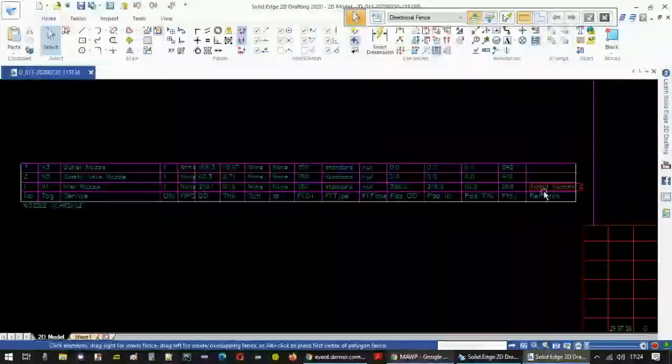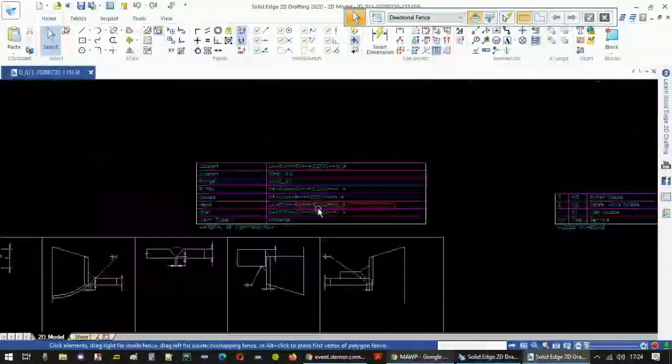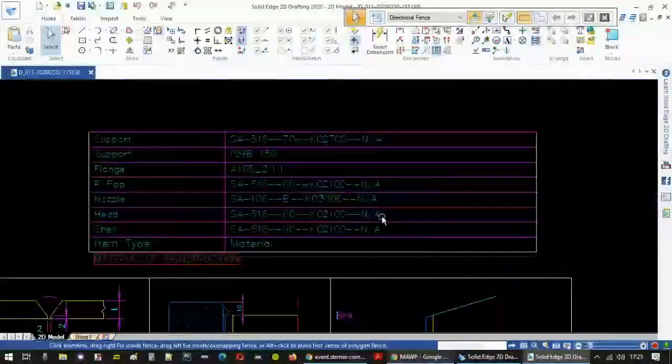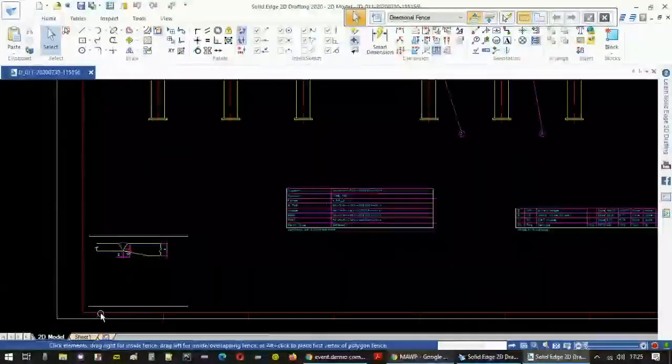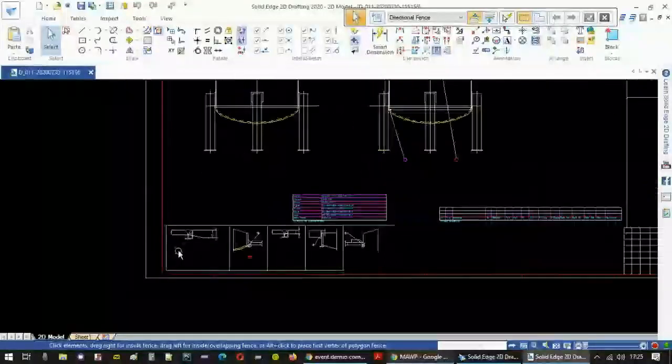This is nozzle schedule, the number of nozzles we have used. The table for the nozzle schedule. With the material of construction table. And below there's a well details.